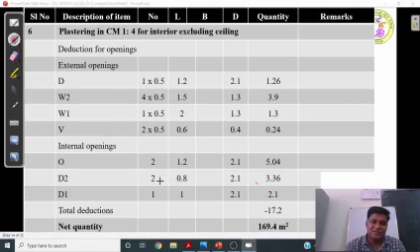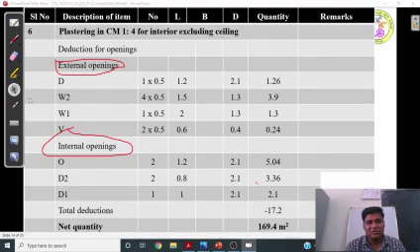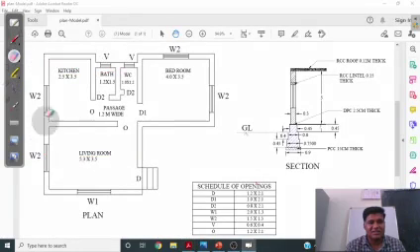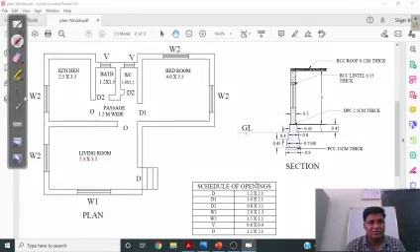And there are openings. So here there are two types of openings, that is external openings and internal openings. So in this drawing, all the exterior openings, that is W2, W2, this one ventilators, W2s and W1, these are all outside the wall. Okay. Here since only the one surface will be plastered, I am going to deduct half.